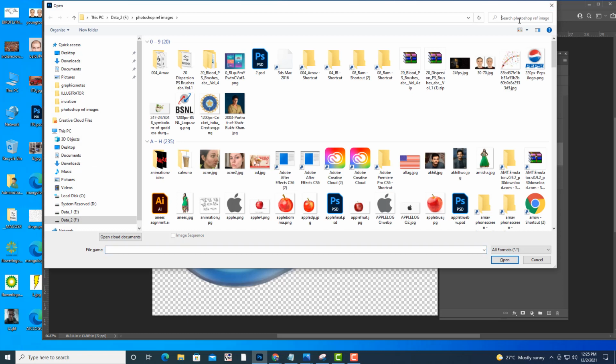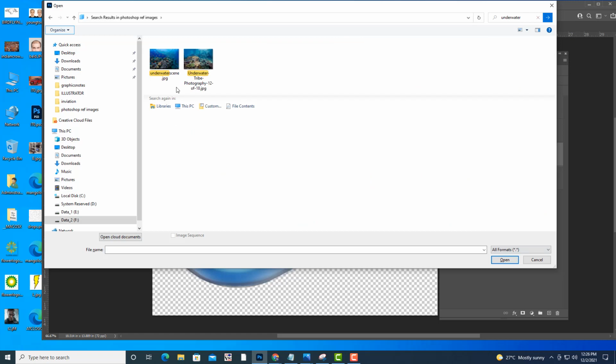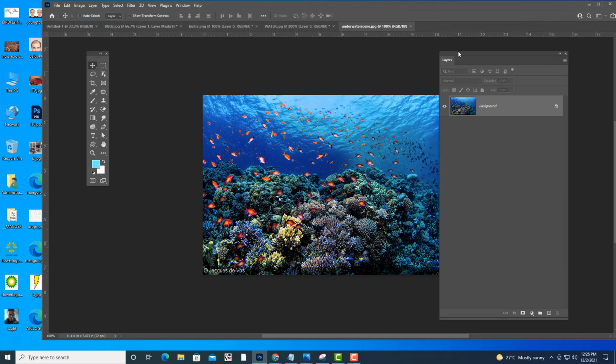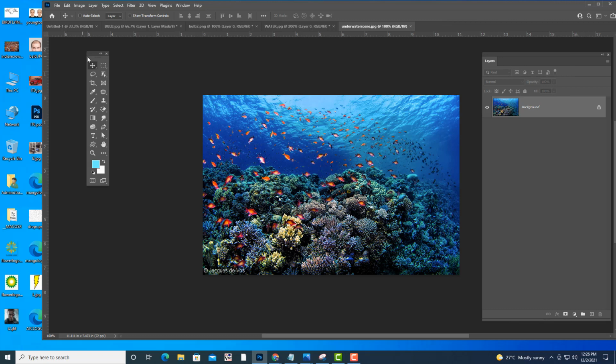So I'm just going to type underwater. I've taken this underwater image, so I'm going to first select it like this, till here. Then if you want, you can give some feather.